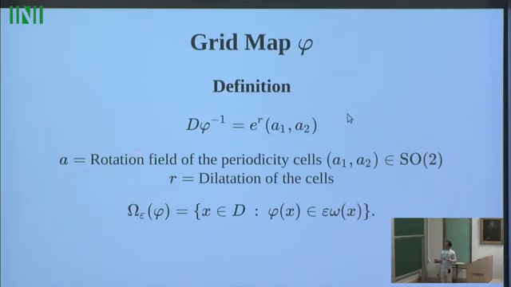A stands for the rotation field of the periodicity cells, so it's local. At each point of the domain D it's different, so it's a rotation. And in order to align our cells using this grid map with the cells obtained by the homogenization method,